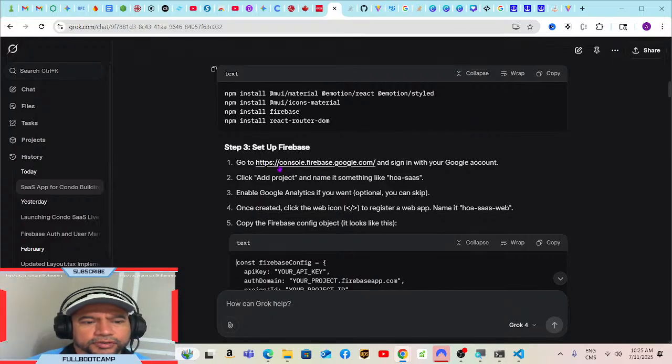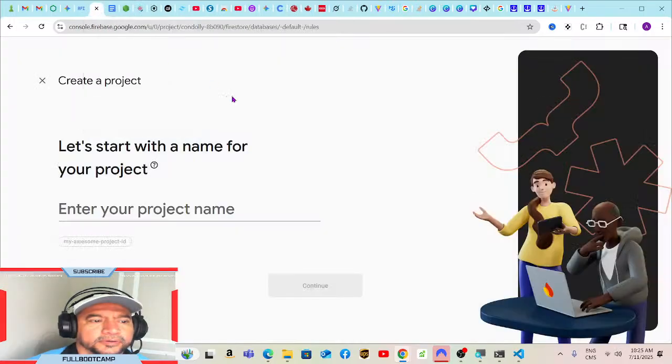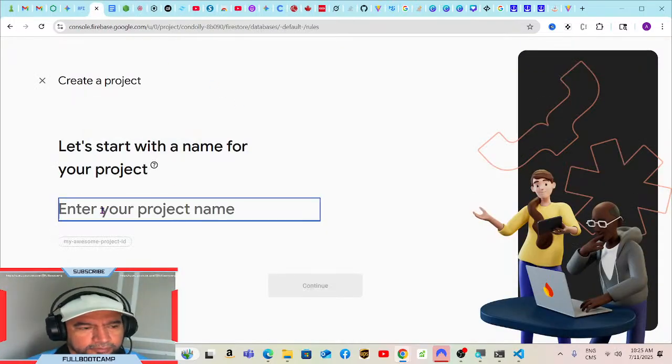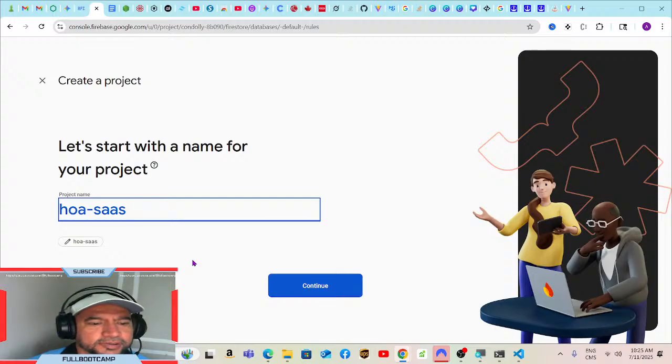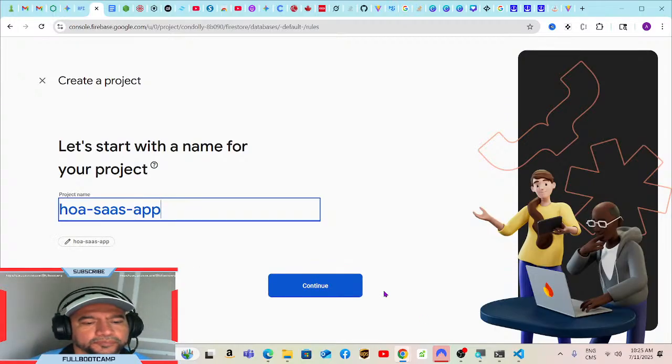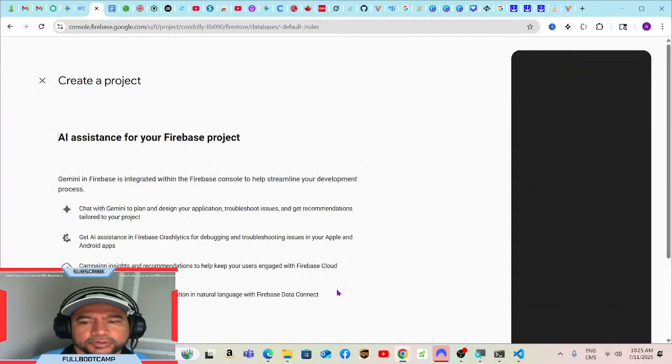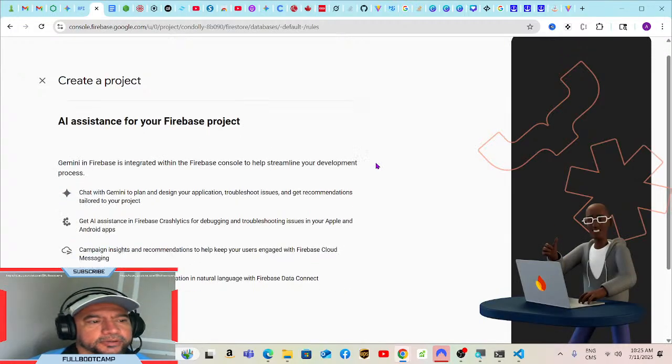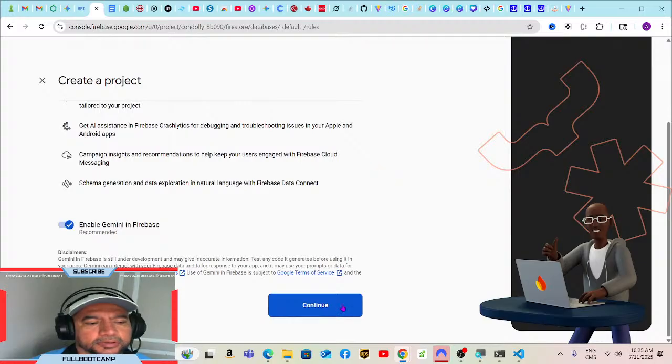So you go to console.firebase.google.com. This is where you're gonna land, and we're gonna call it exactly like he says over here, HOA SaaS application. There you go. I'm gonna continue here, create, continue,